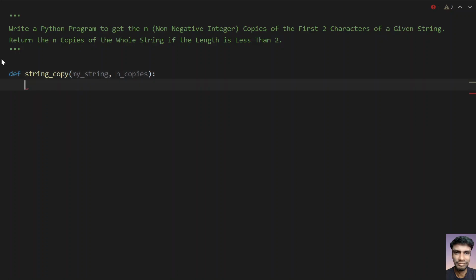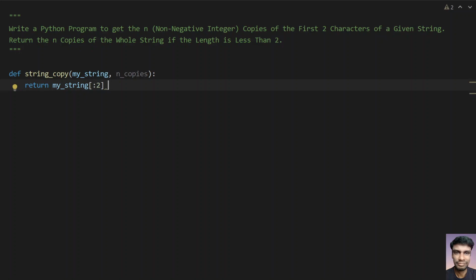Give a colon, and what you have to return is the first two characters multiplied by n. Take my_string to get the first two characters of the string. If it is less than 2, that's also fine. This will return only the first two characters, or if a single character is present in the string, it will return only one character. This is the string slicing technique